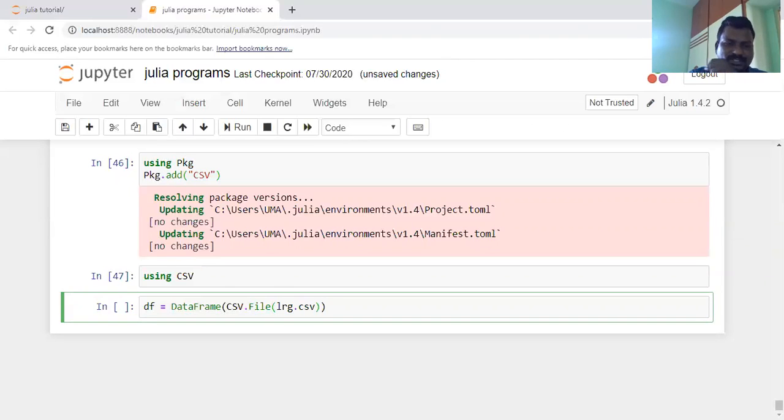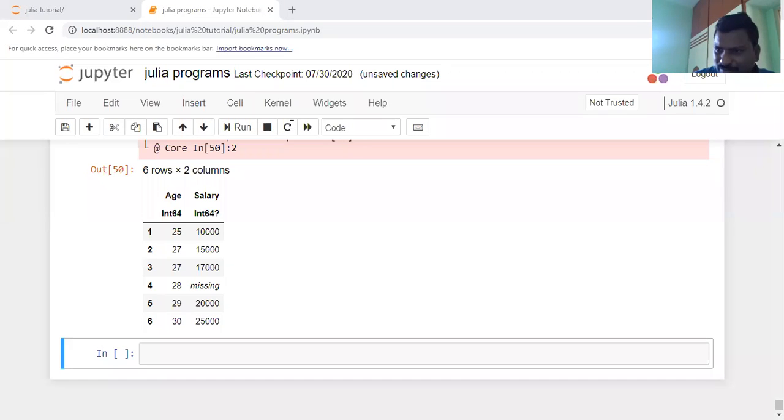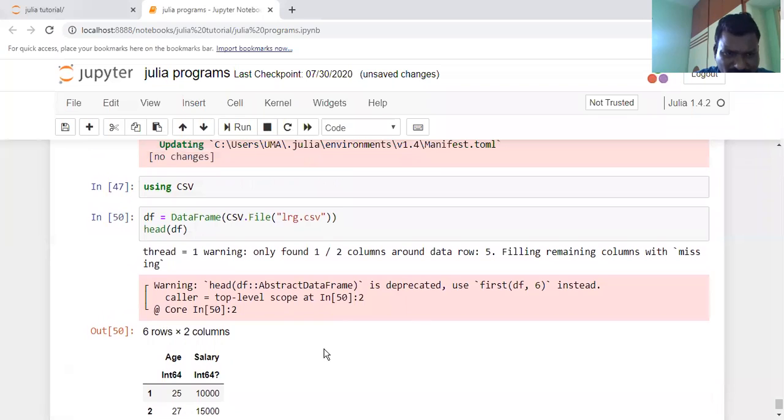If you execute this one, it says lrg not defined. Okay, if you execute this one here, it is giving some error. I don't know about that error. Leave it.